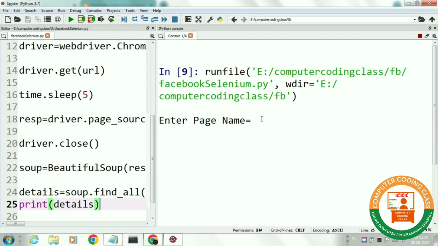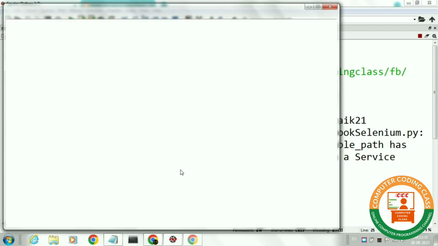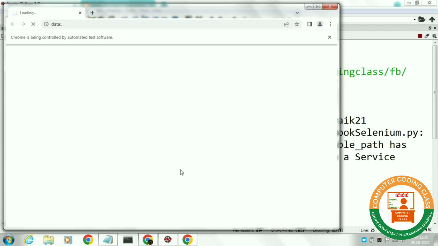In the output window, it is asking for the page name. Here, we just paste the page name. In the output window, it is showing some warnings. This is because I am using an old version of Selenium, but that will not affect your output.